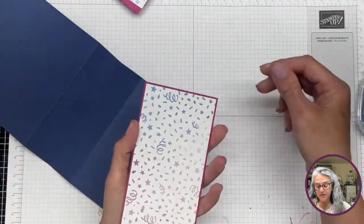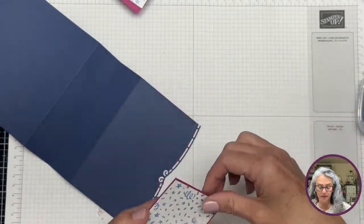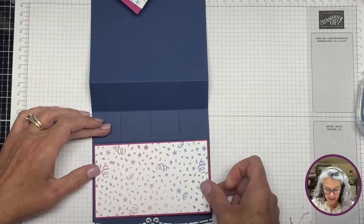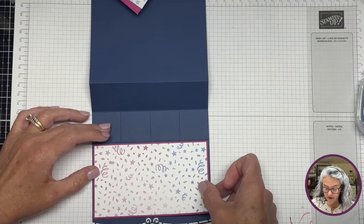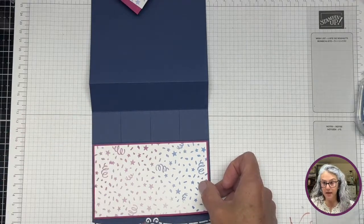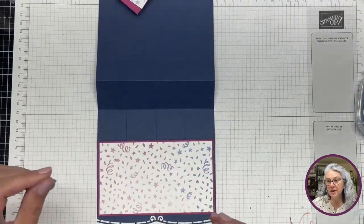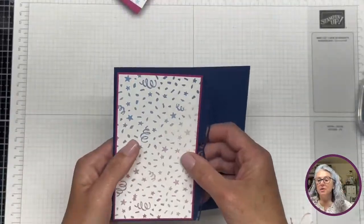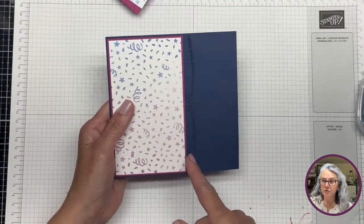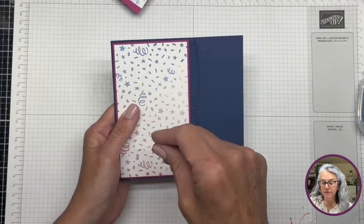So I'm going to put this, as you guys can tell, this does not really have an up or down or a direction within the paper, so it does not really matter. I am aligning these here. If you can tell, I did calculate fairly well where I put my border. And that's the first thing that I want you to do when you are going to do this card: I would cut these first and then measure in here